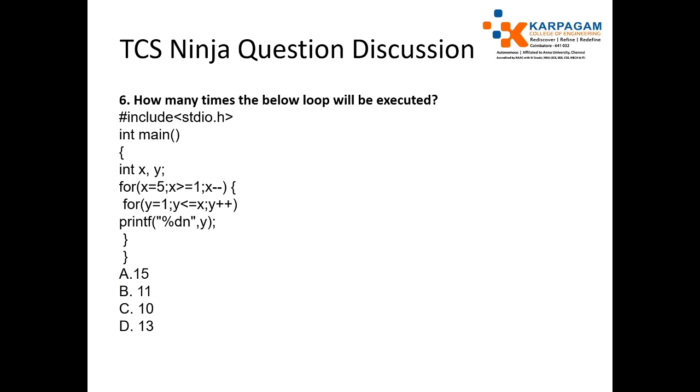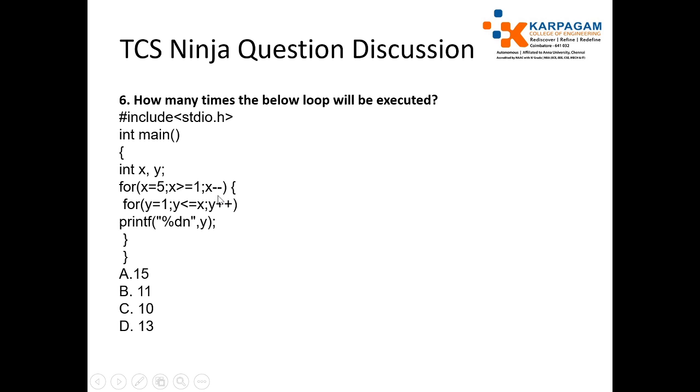Okay. Next question. How many times will the below loop be executed? We have a header file, and inside the main function we have x and y. We have a nested for loop. The outer loop starts with x equal to 5. We check the condition x greater than or equal to 1